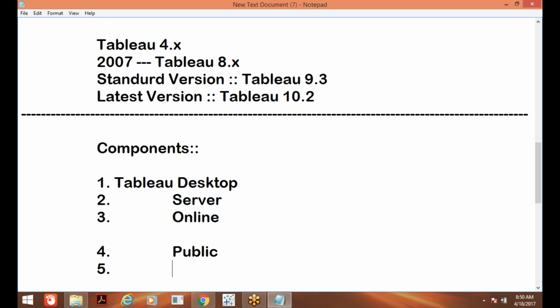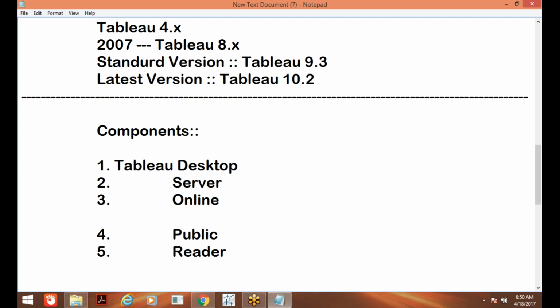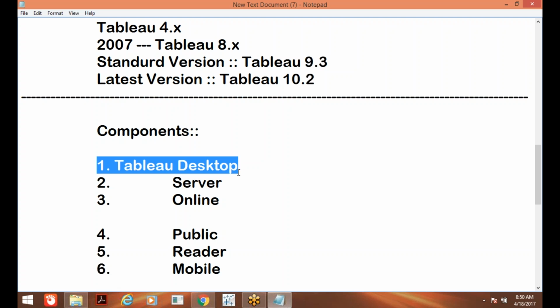Fifth one, Tableau Reader. And the sixth one, Tableau Mobile. These are the components of Tableau. But here we are going to learn about Tableau Desktop 100%.